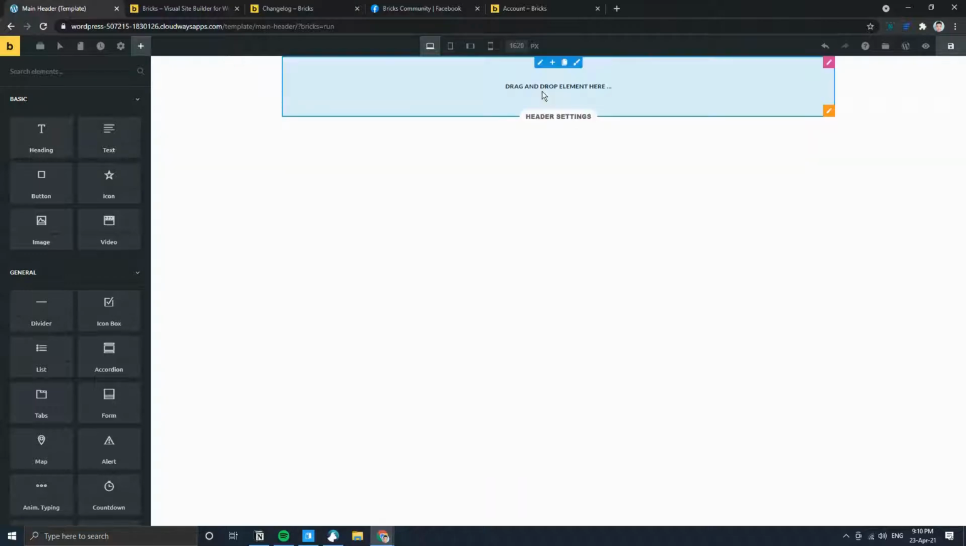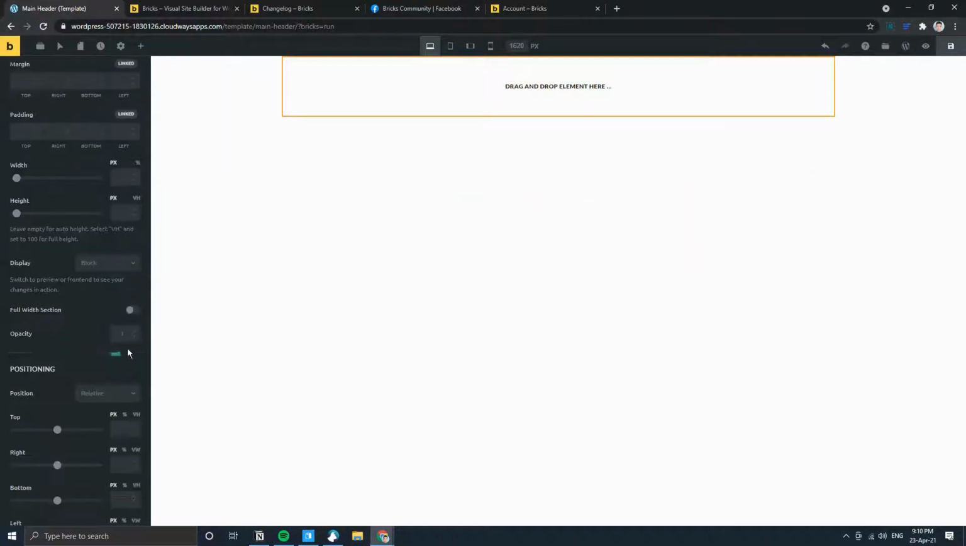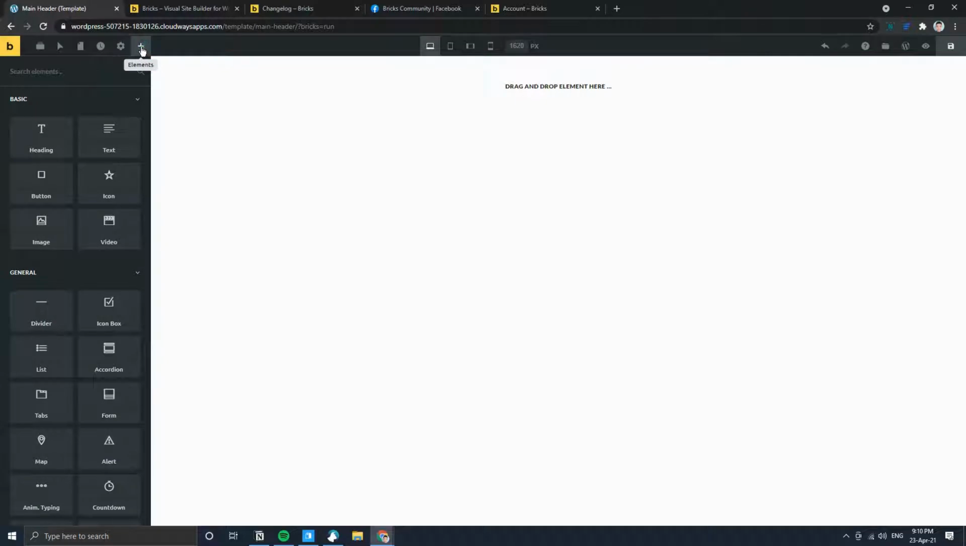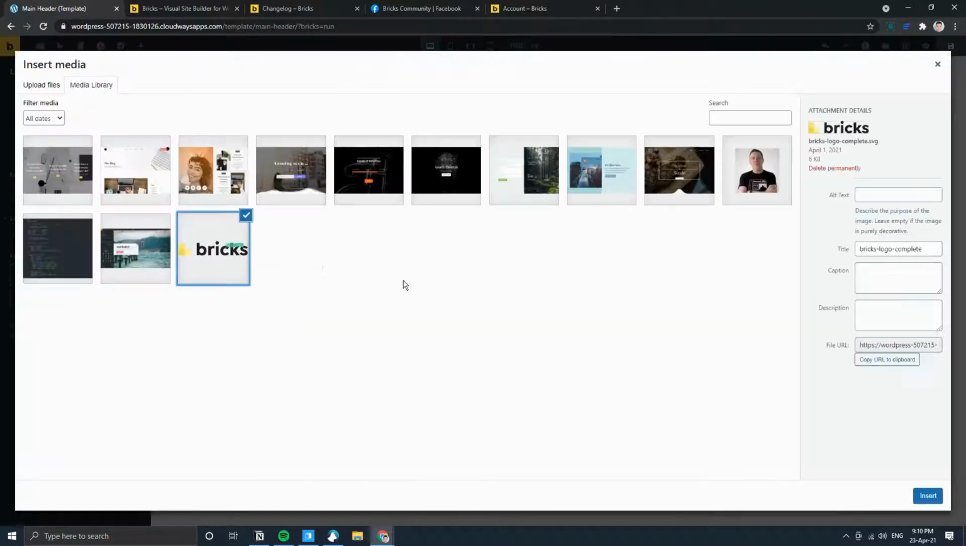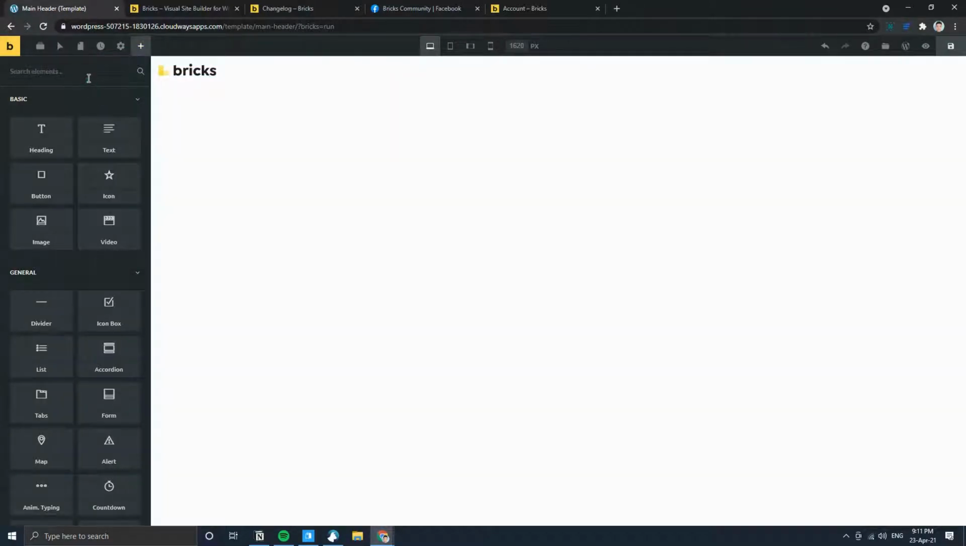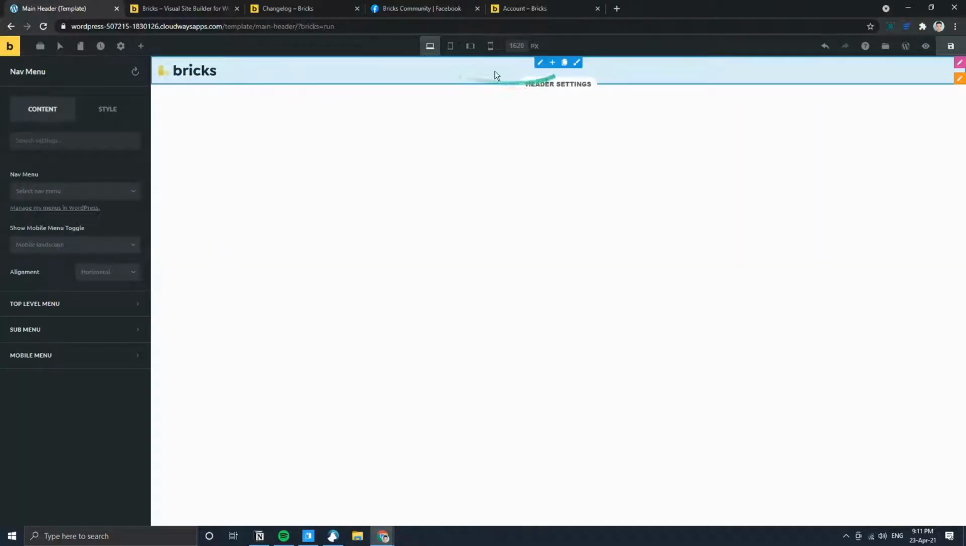Okay, so I'm going to add a new section, right? And then I'm going to set the section to full width, allow the content to be full width as well, and then I'll start dragging elements in. So click on this plus sign, you'll see the elements there. I'm going to add a logo. Set the logo to the Bricks Builder logo, insert. It's a little bit big, so I'm going to scale it down. I'm going to add a nav menu. Okay, where's the nav menu? Okay, here it is,